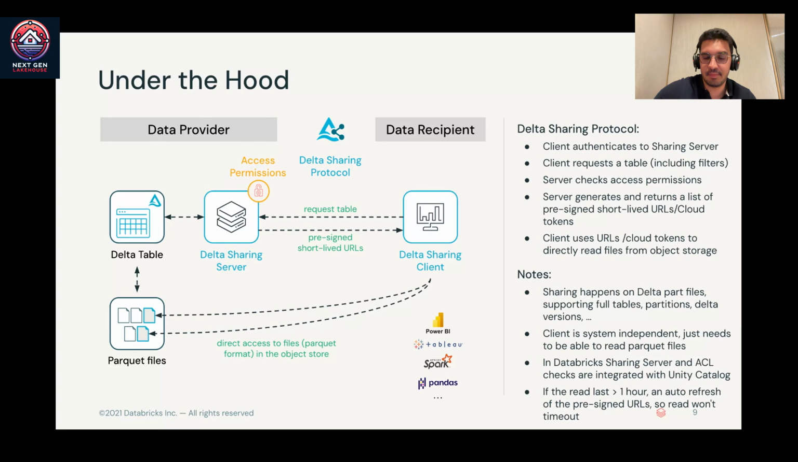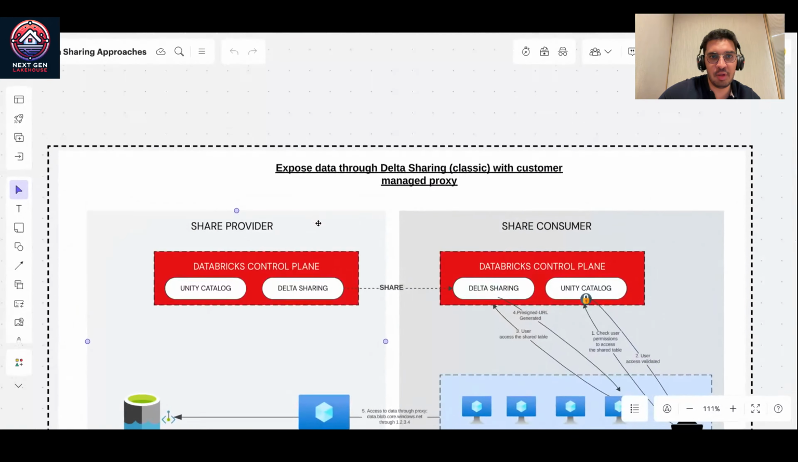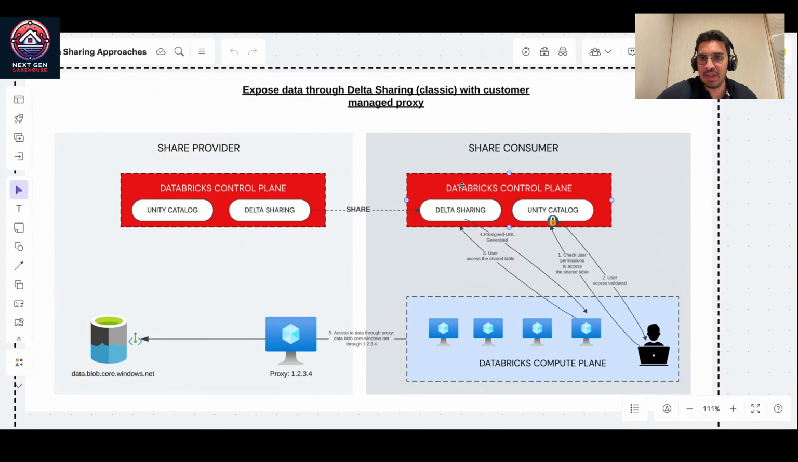And how can I implement this? Okay, so in order to implement that, I will share with you a diagram that will present you practically, in terms of networking, how we can implement that. So if you see my screen here,